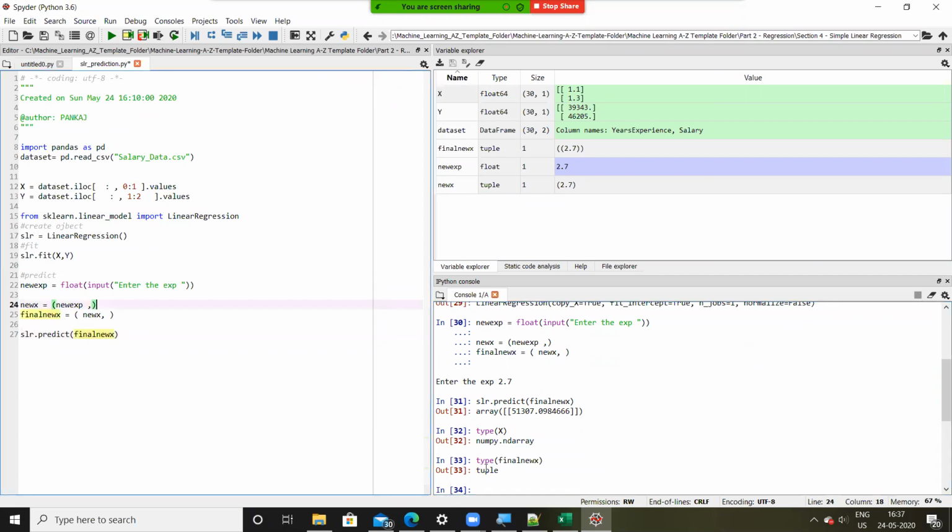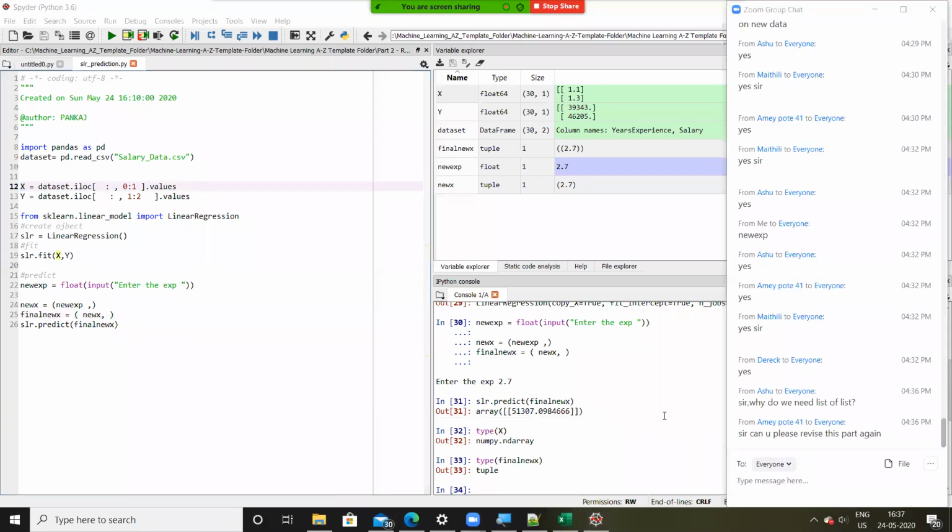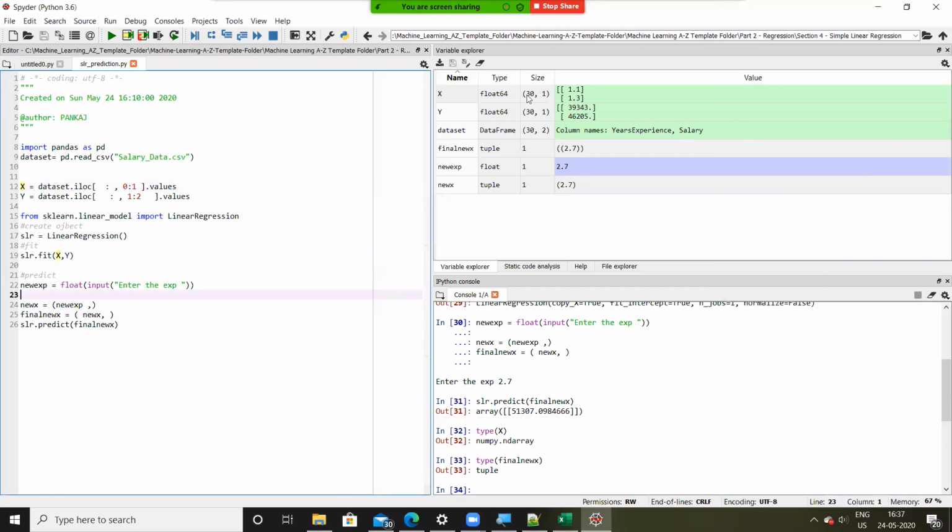I guess this will work on my machine because I am using sklearn version 0.18. But when you guys run it, it will throw you an error saying that it needs it in the same format. So whatever the format of variable x is, we need to convert it into the same format. Just try this out at your end. So here I was just trying to convert it into the array. It looks like I should have converted it into an array, but not as a float.